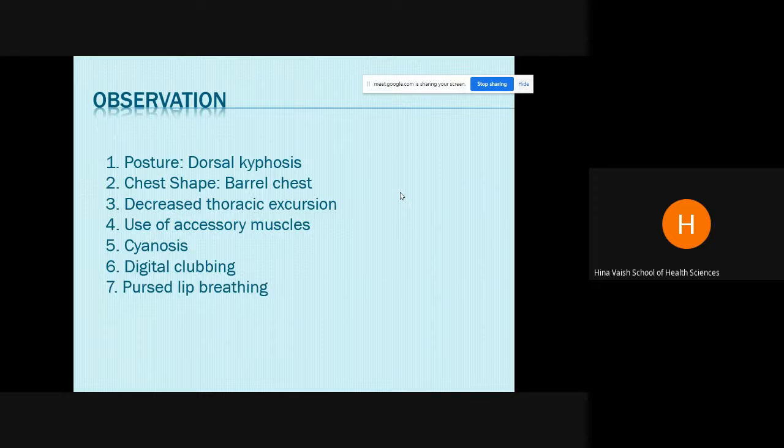Then comes the detailed assessment, where you need to do observation. In these patients, I have specifically mentioned what you will be able to see in observation. If you look at the posture, you can see kyphosis in these patients. Over a period of time, the chest becomes barrel shaped. Thoracic excursion is decreased, so that is visible. Use of accessory muscles is a lot. I told you yesterday how this use of accessory muscles happens. So again, I'm just